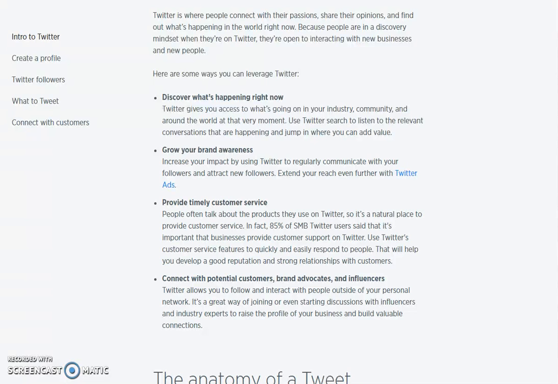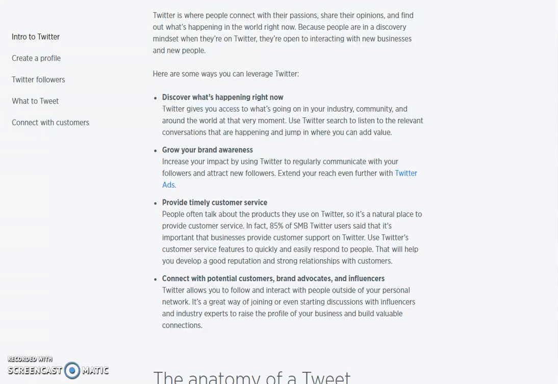So you can also connect with other people that feed into your business. It doesn't always have to be about customers. It can also be competitors. It can be influencers. It can be people who are upstream from you, who can be sending people to your business if you can get in their way. And I think sometimes what we don't do is the details that make people trust us.